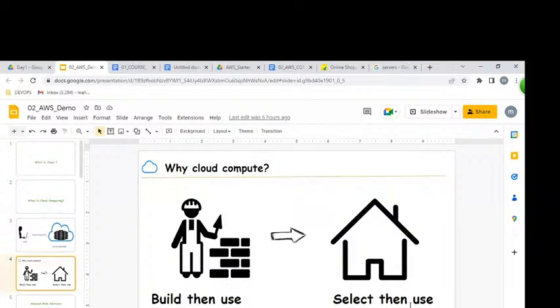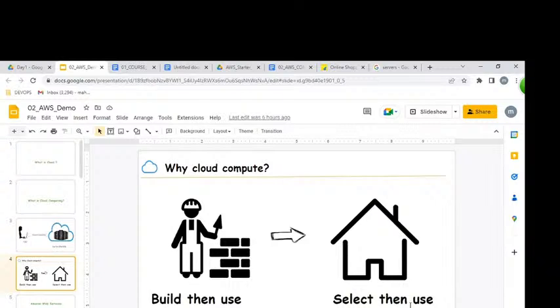So any cloud, either Google, Azure, or AWS, any cloud provider is providing only rental infrastructure.